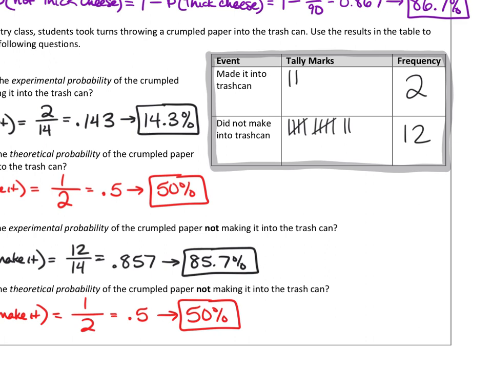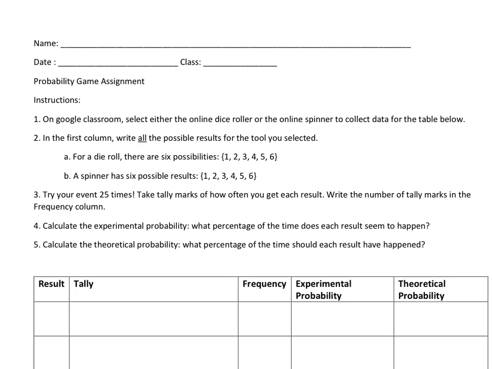Okay? To help establish the fact that these two are different, you're going to run an experiment for your classwork. Now, this is homework if we don't finish it, but most likely you'll finish it because it's not going to take you that long. What we're going to do, it says on Google Classroom, select either the online dice roller or the dice spinner. I did not actually post this for you, so go to Google right now, and in the Google bar, just